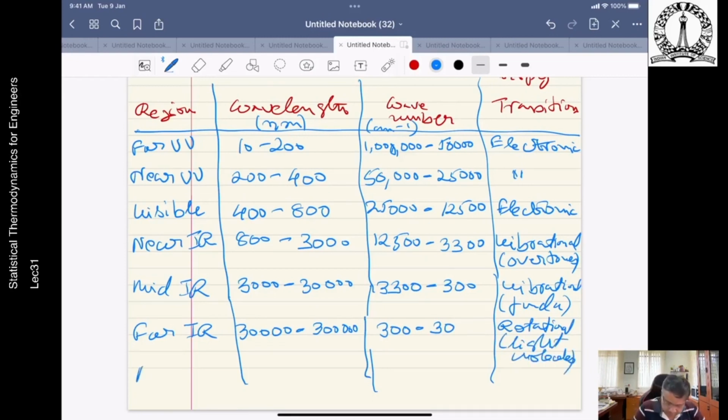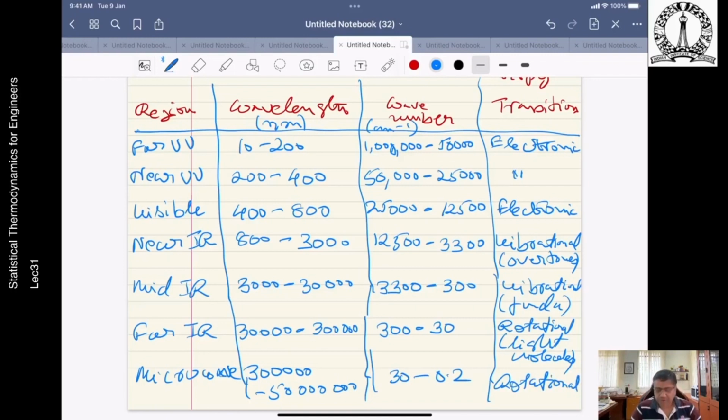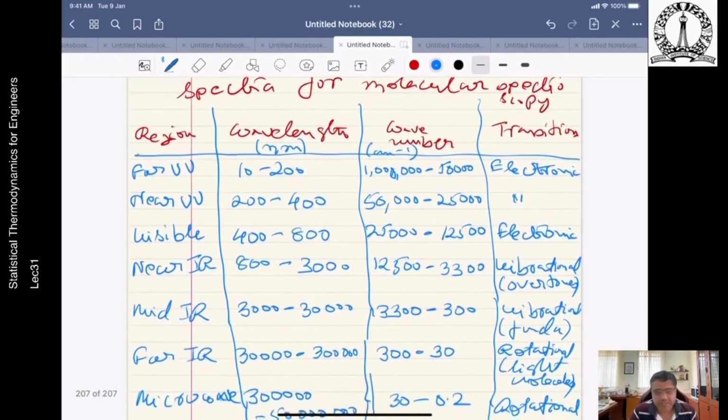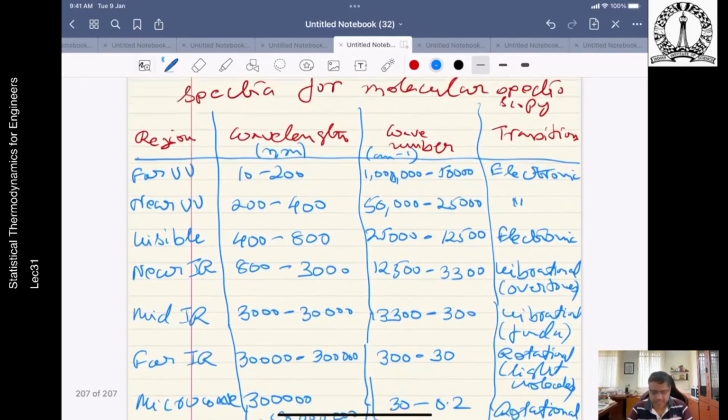And then there is microwave. Okay, so the microwave is 300,000 all the way up to 500. See if I put all the zeros correctly. 32.2, and this is rotational. Okay, so these are the main regions. Of course, the demarcation is a little